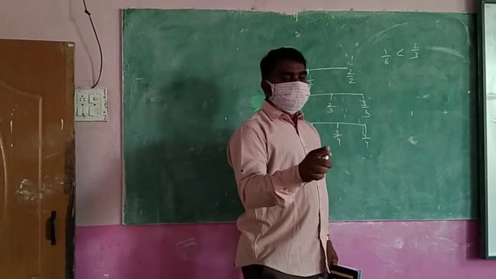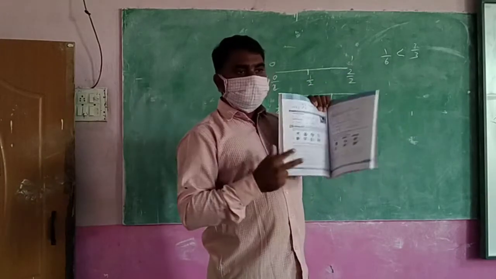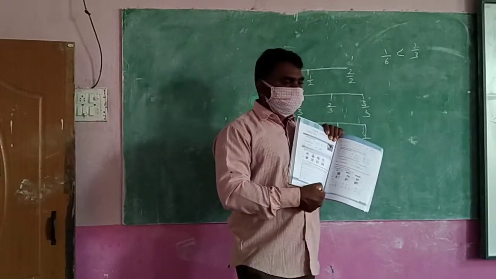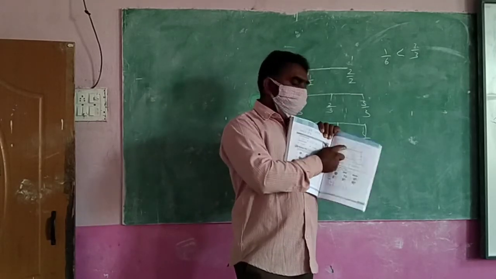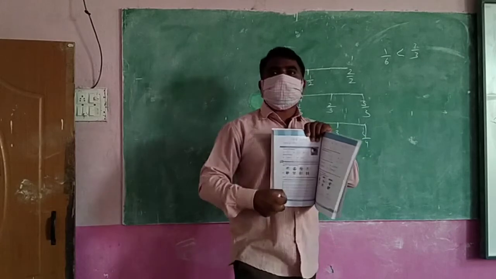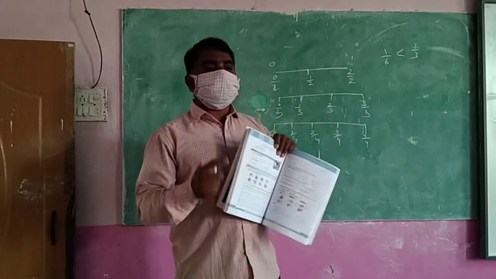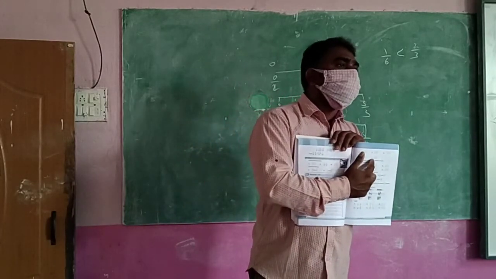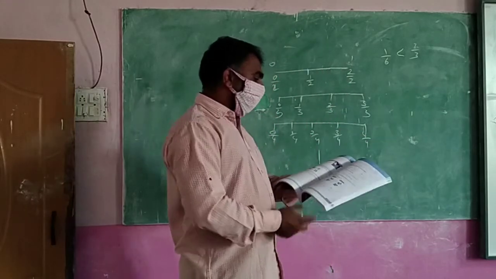First of all, what is your duty here? You have to write, in this picture, what fractions these are. Here you write 1 by 6, 2 by 6, 3 by 6 like that, 1 by 5, 2 by 5. First you write it. After writing, see what fractions these are saying. Keep the fingers there. Which is left hand side, that is small. Which is right hand side, that is bigger. By using that, can you keep the symbols? Yes. Okay.